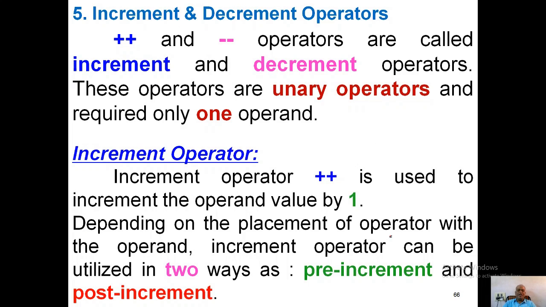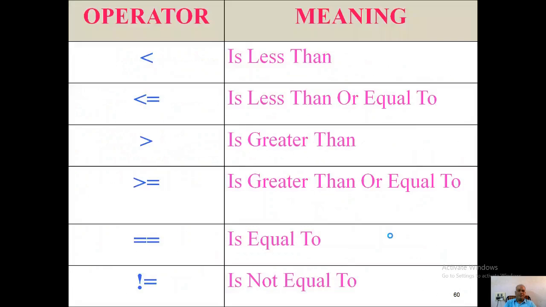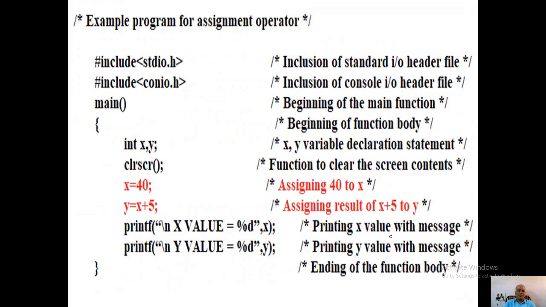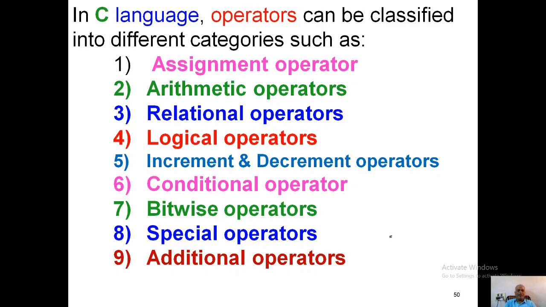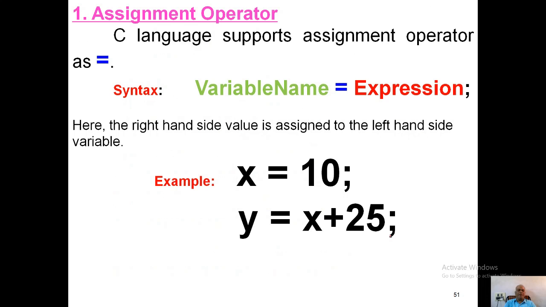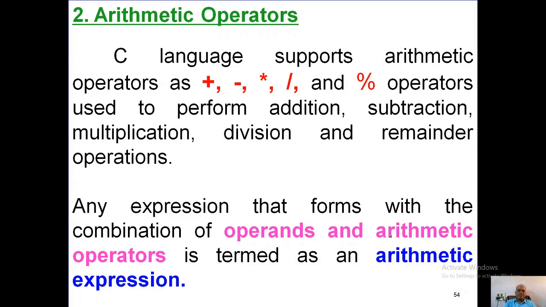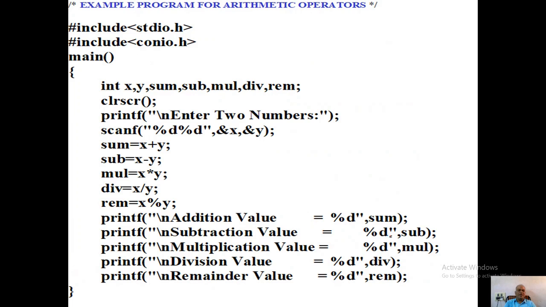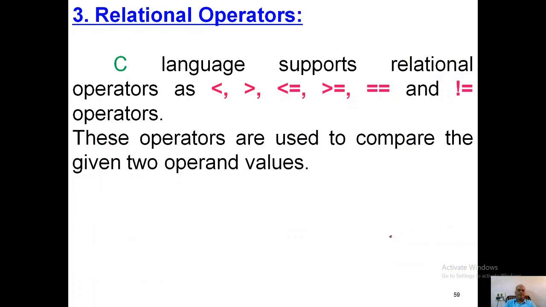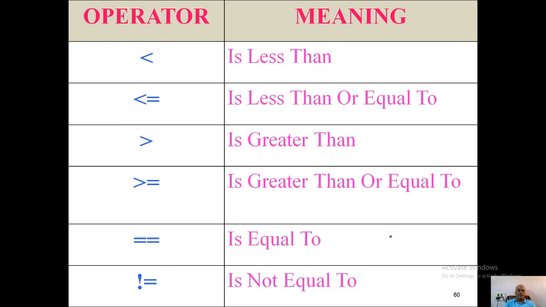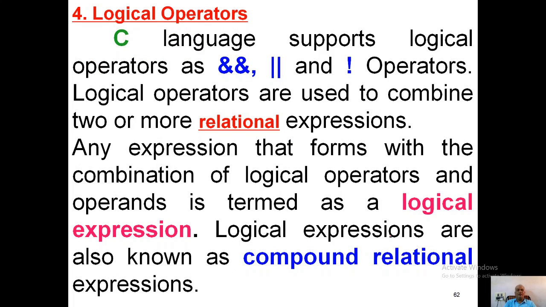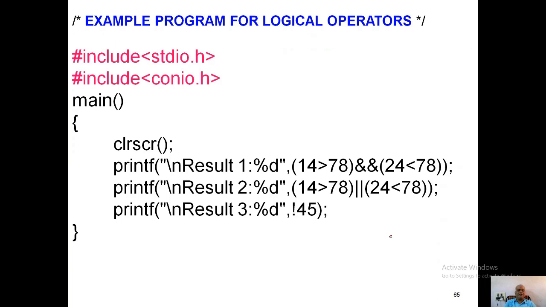The next topic is increment and decrement operators. We will discuss it in the next video. So all of you go through everything we have discussed up to now. The first is the assignment operator, then arithmetic operators, relational operators, and logical operators. Equal to is the assignment operator. Next are the arithmetic operators: plus, minus, star, slash and modulus. Next are the relational operators: less than, greater than, less than or equal to, greater than or equal to and not equal to. And similarly the logical operators: and, or, not. These operators can be considered logical operators. Thank you.